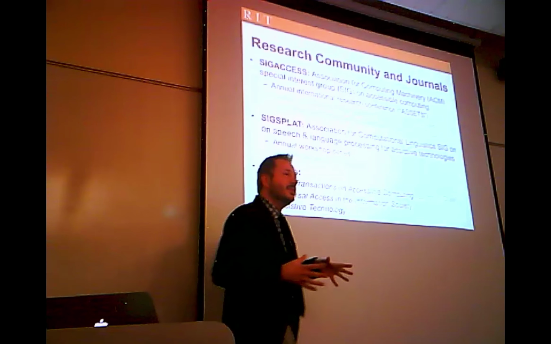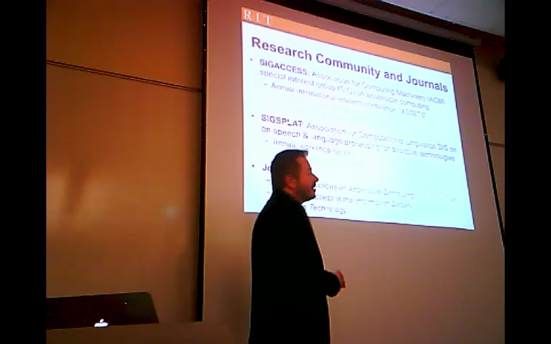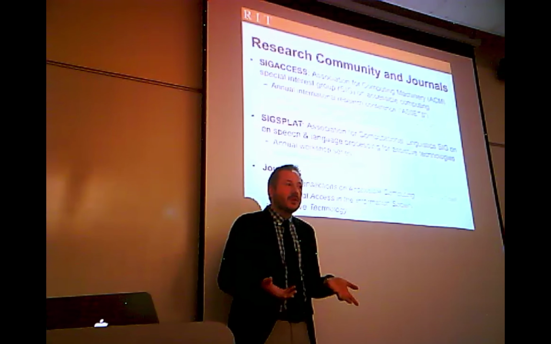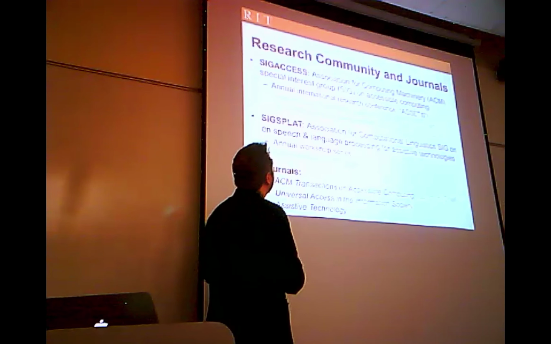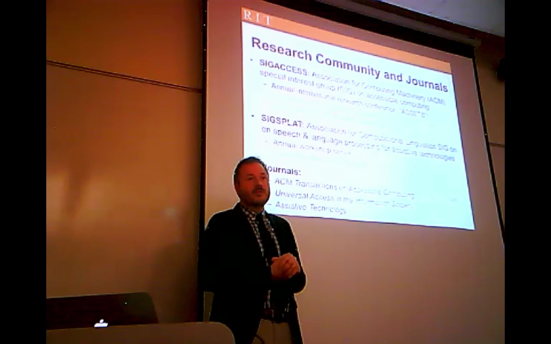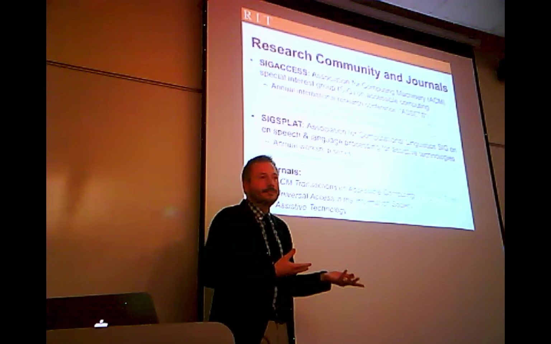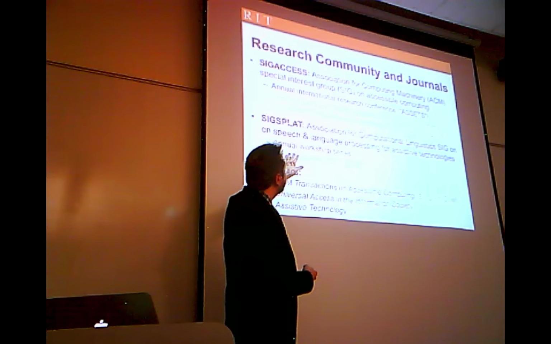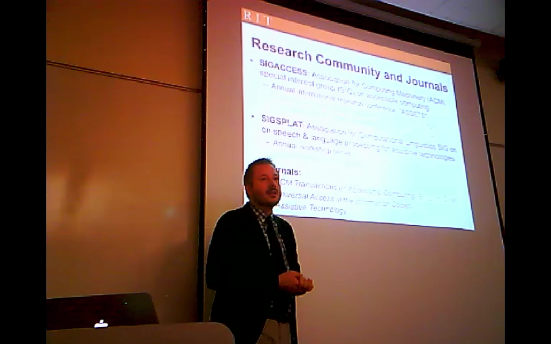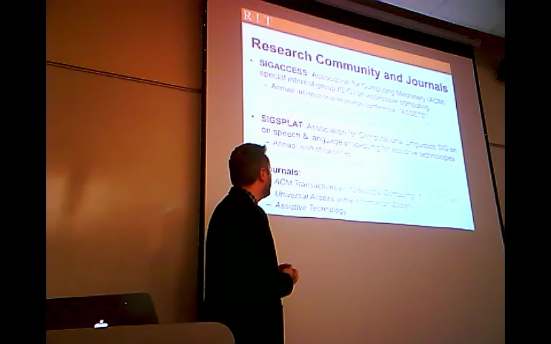So this field of accessibility, what are some of the other institutions that are out there in the field? Well, there are special interest groups. The Association for Computing Machinery has a special interest group on computers and accessibility. Their big activity is that they run a research conference in this field. This is the ASSETS conference that came to Rochester last October. In my work in computational linguistics, we also interact with a special interest group in that professional organization that focuses on those technologies applied to assistive technology applications. And there are journals in this field as well.